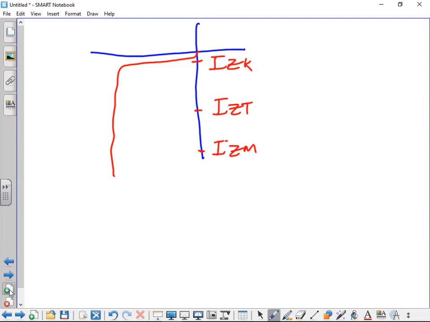So you will see now, because I mentioned that the current must not be more than IZM or less than IZK inside the Zener diode. At any given time, the voltage across the Zener diode, VZ, will be given as VZT specified at IZT